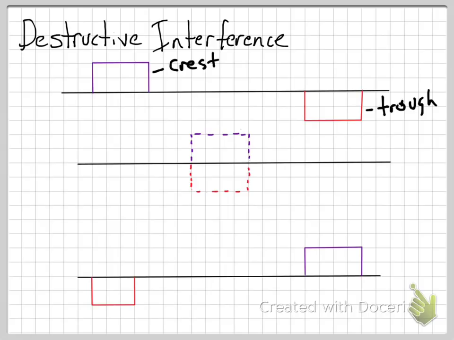So you have a positive and a negative pulse, or you have them traveling out of phase. And again, the red is going to be traveling to the left, the purple is going to be traveling to the right. They're going to eventually meet, and they're going to meet at the center point here. And again, I want you to think of, in terms of energy, the energy direction, which is going to cause the force, is going to be moving in opposite directions between the purple